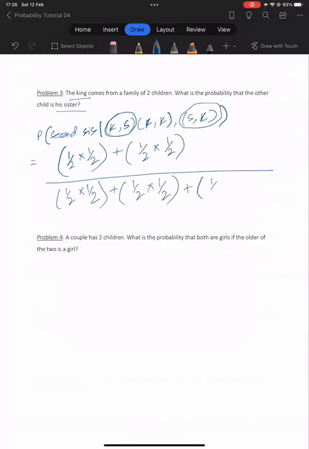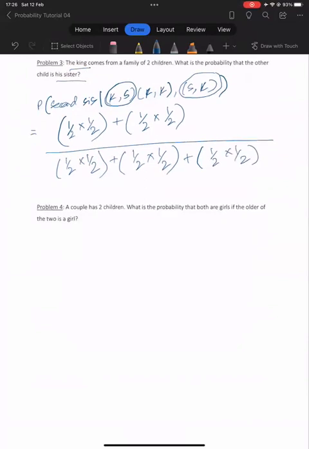it was the king and then the brother, मतलब दोनों boys थे तो no gender difference, तो हमें rearrange नहीं करना कुछ। So we get 1/4 plus 1/4, which is half. And in the denominator, we get half plus this is again 1/4, which becomes 3/4. So half divided by 3/4 becomes, unless I'm doing something wrong, 2/3, ठीक है।